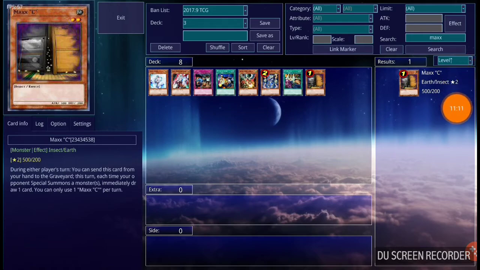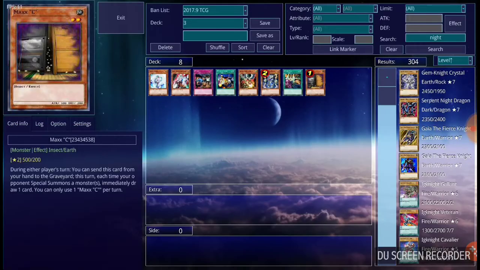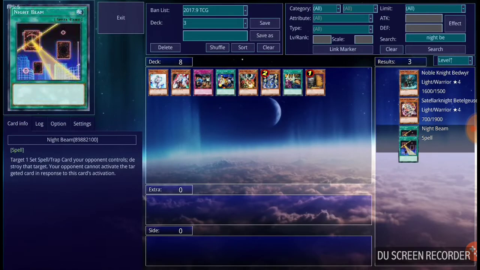But let's say, even amongst all of these searching and the Electromite effects, let's say that those aren't the problems. Let's say the problems are the spell and traps. You know, the Time Pendulum Graph, the big elephant. Well, cards like typical spell and trap destruction is good, but Night Beam is actually a nice little choice because